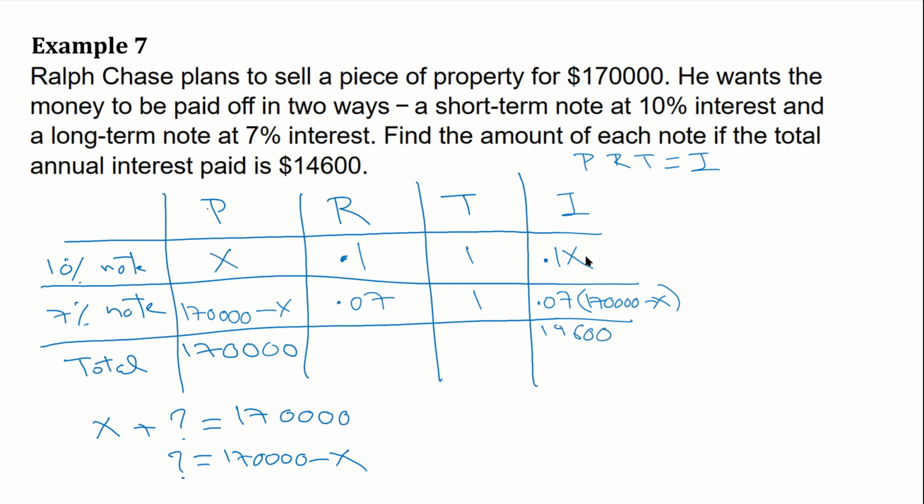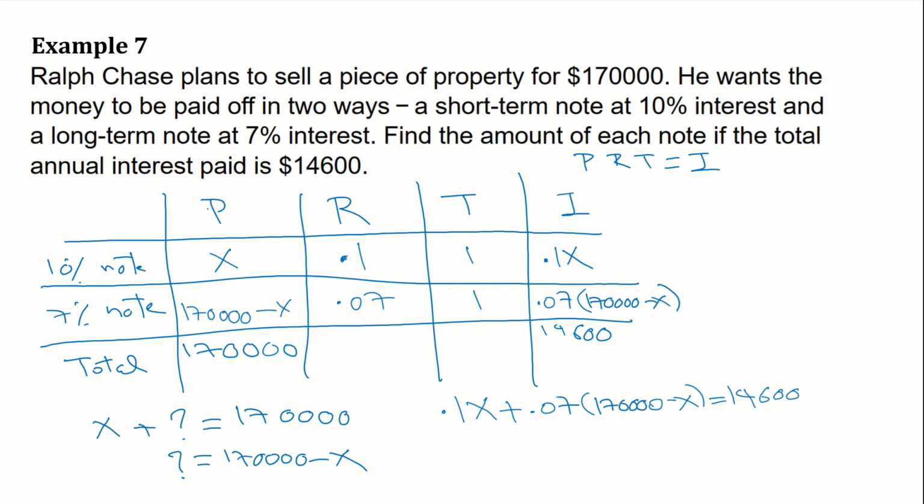So here is the interest from the 10% note, and here is the interest from the 7% note. What do we know? They should add up to this total interest. And you see how similar this is to the mixture problem we just did. So there's our equation right there: 0.1x plus 0.07 times 170,000 minus x